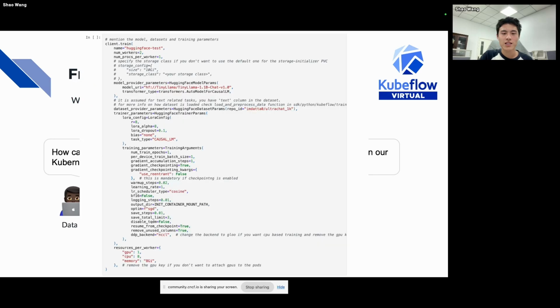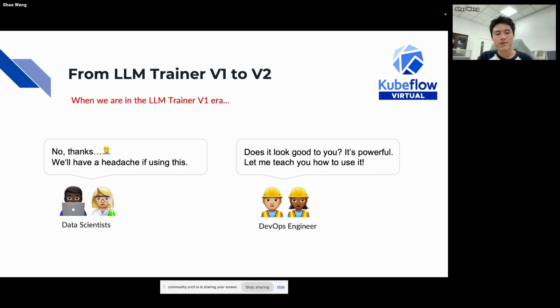It looks like, yeah, it's a very long code, and there are so many Kubernetes configurations in it, and I think no one wants to use this SDK for its long parameters and complex Kubernetes configurations.